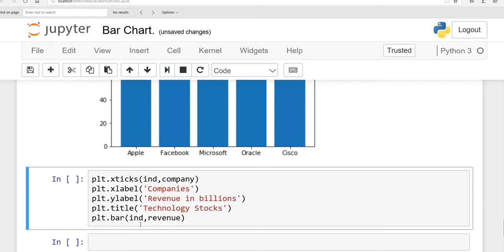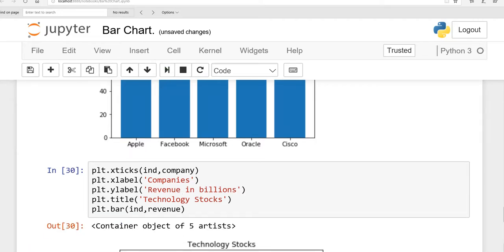Actually we have to make a graph between int and revenue. Now do not use the word company here, because we have made the indices for the companies, and these are the labels. plt.xlabel means for the x-axis companies, ylabel revenue in billions, and the title is technology stocks. When I run this, you will see our graph is in the perfect form.